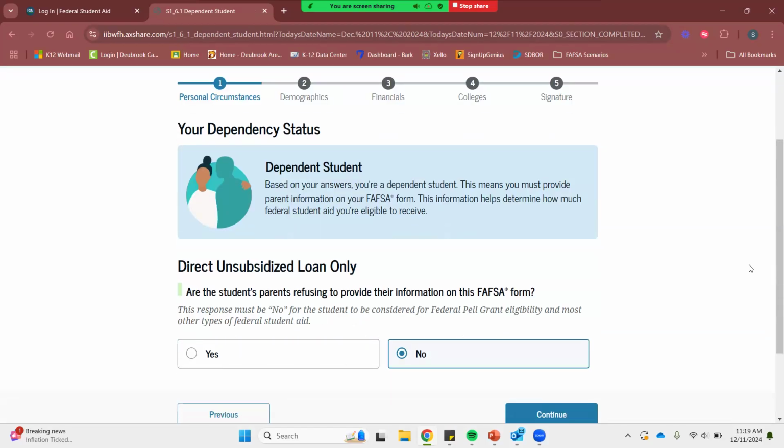So this page is going to tell you your dependency status. Based on my answers, I'm considered a dependent student, which means I must provide parent information on the FAFSA form. The very first question: if the parents of the dependent student are unwilling to provide their information, but the student does not have an unusual circumstance, the student can choose to have their school determine their eligibility for a